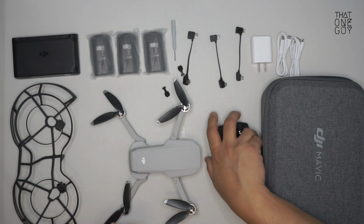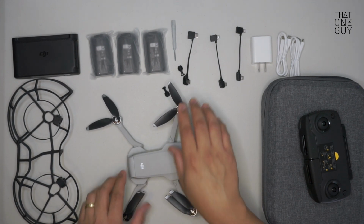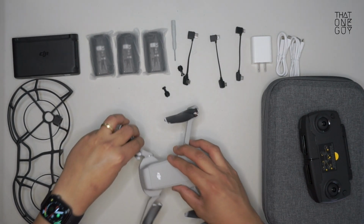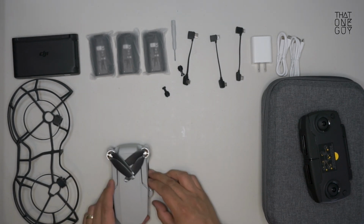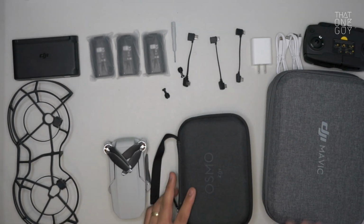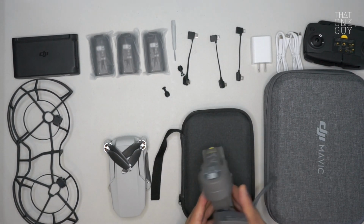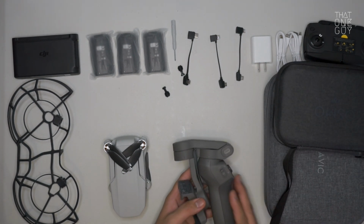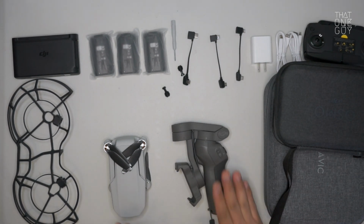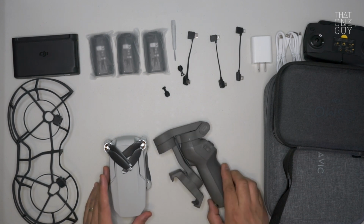And again, let's do one more layer of this besides just the unboxing, okay? We're going to close this thing up, and we're gonna put this side by side next to another DJI product that I own. This is the DJI Osmo Mobile 3, okay? So in its smallest form factor, the DJI Osmo Mobile 3 is not only heavier, much heavier than the Mavic Mini, it's also, I mean, if you look at it,